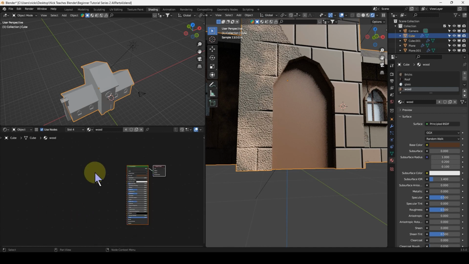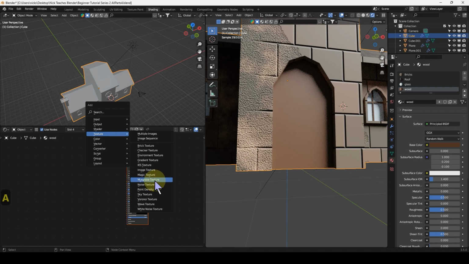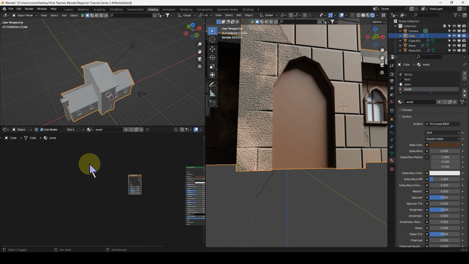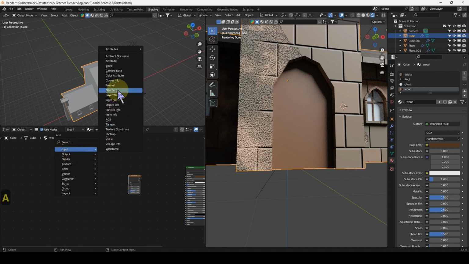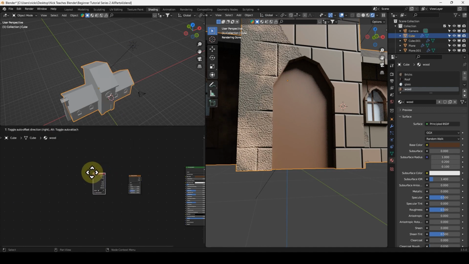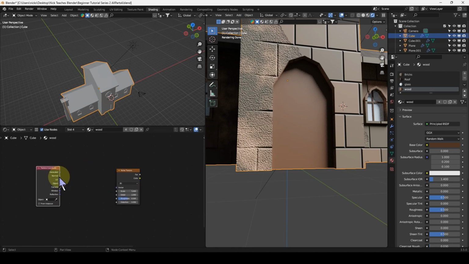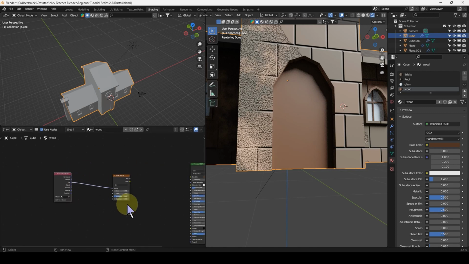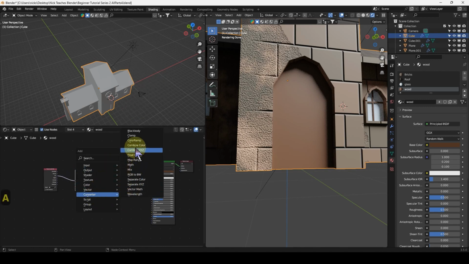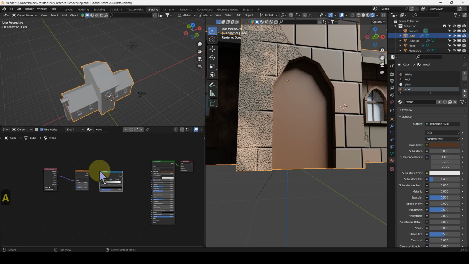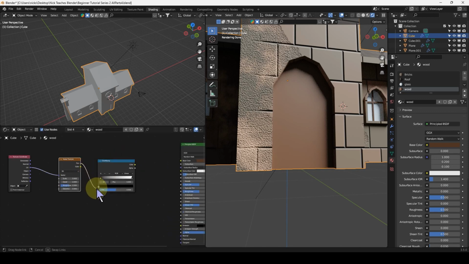So to do that, Shift A, we just need bump really, but we'll do a bump and color. So Texture, Noise Texture, drop that there. Oh, don't forget your texture coordinates: Shift A, Input, Texture Coordinate. And we will take the UVs into the vector, and we'll get another color ramp, Shift A, Converter, Color Ramp, drop that in there. And then from the factor into there,